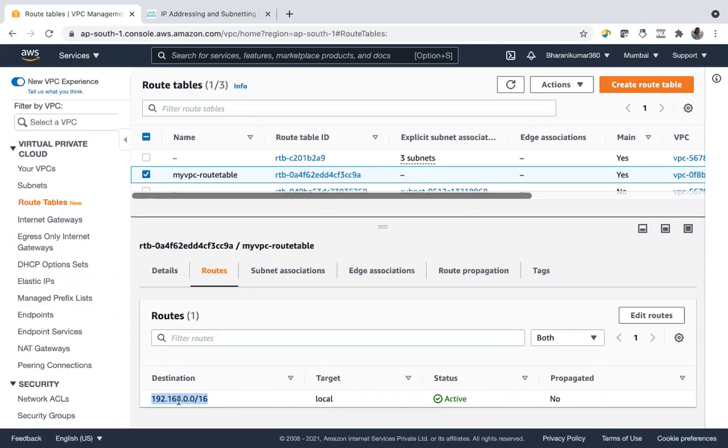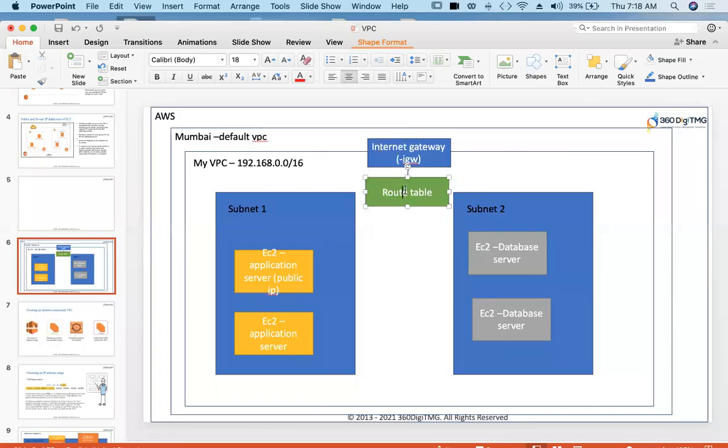Why? Because this route rule says to route the traffic within the VPC. Again, this route table can handle traffic only within this. Now we want this route table to route the traffic outside the VPC also, that is to the internet.